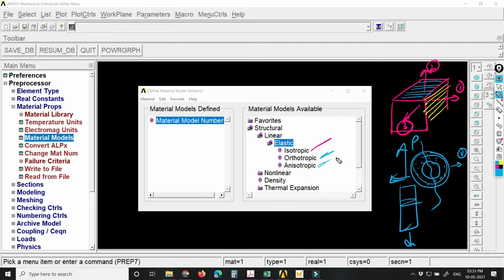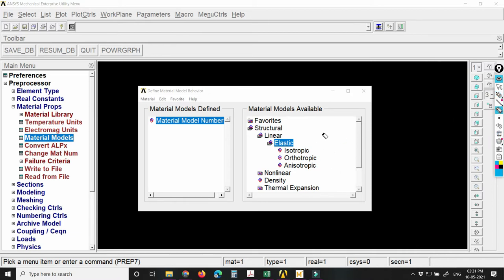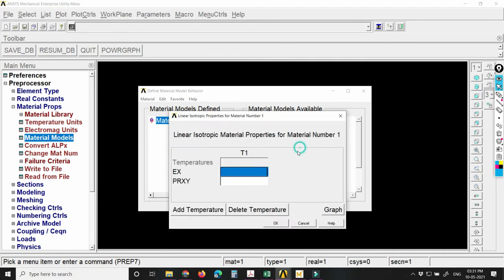Anisotropic materials are like, actually concrete is not exactly, but still you can say it's anisotropic, if I think about it in a very fine manner. So here I will select isotropic. Then it will ask for E, the Young's modulus of elasticity, and the Poisson's ratio.